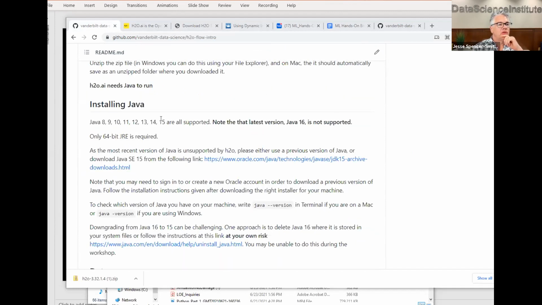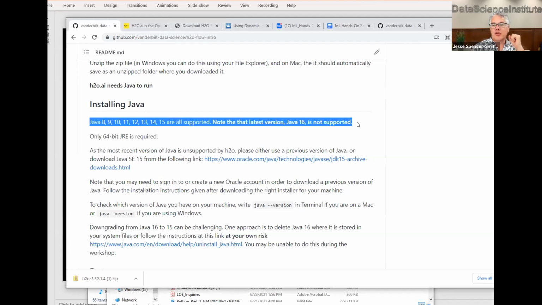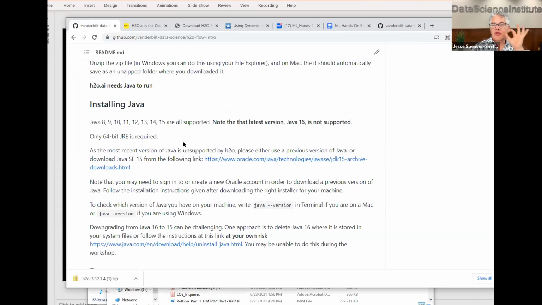We have the section called Installing Java. Some of you might have the latest version, Java 16, in which case you got a different kind of error. If that's the case, then don't worry. You may not want to downgrade your Java, but you can if you want to read the instructions here.